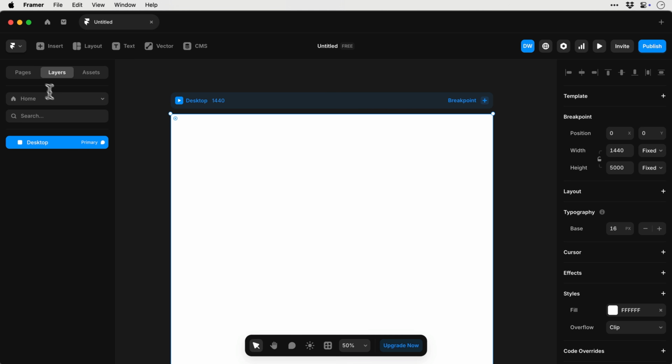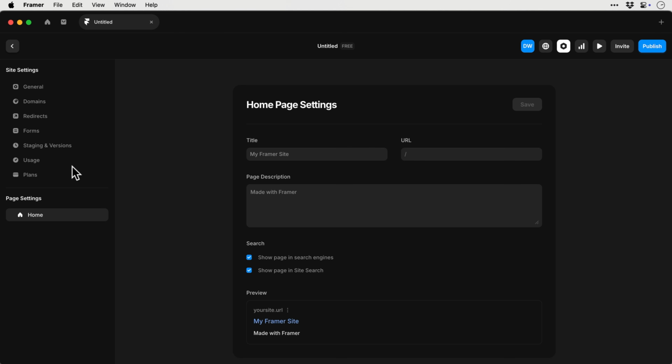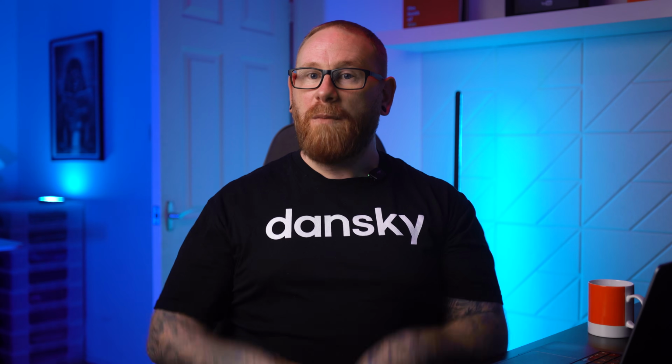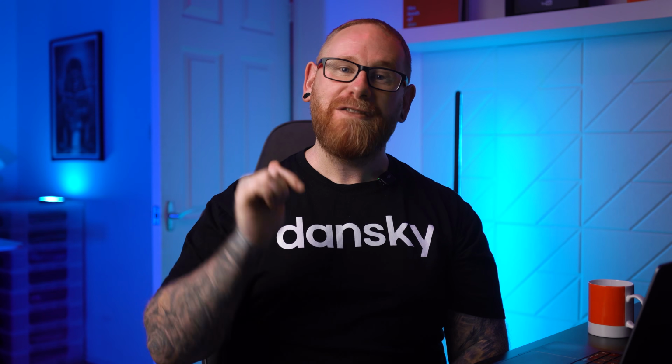Now, if we jump back to the Pages tab for a second, we can right click on any page and we get a bunch of options. And we can also go to settings and we get lots of settings there, or we can click the arrow to go back. And whilst Framer is plenty powerful, you can see the amount of things you need to learn is actually pretty minimal, which is great because now it means we can just move on to the fun stuff,